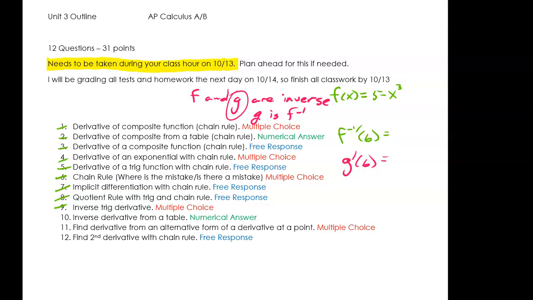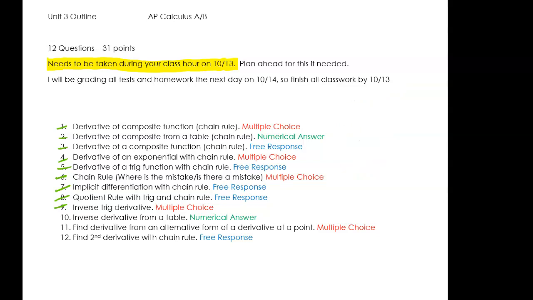Now these questions are kind of straightforward. They're just weird, and they're difficult to remember. So on your note card, I would either write the formula or I would write an example of one of these problems on your note card so that you have one with you to compare it to. But do know that this question is from a table. So that means you're going to have to get all of your number answers from the table. And so that would be the type of example I would write down.